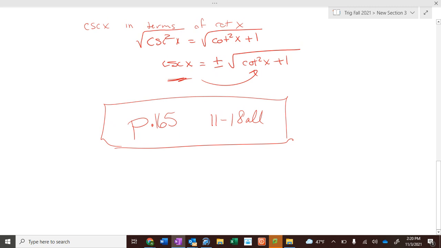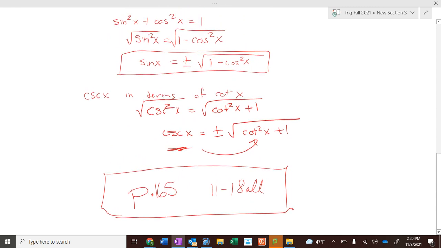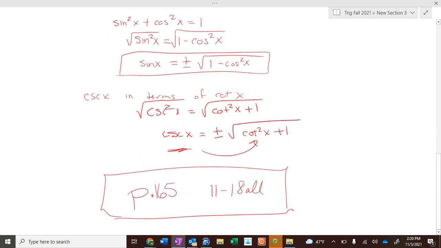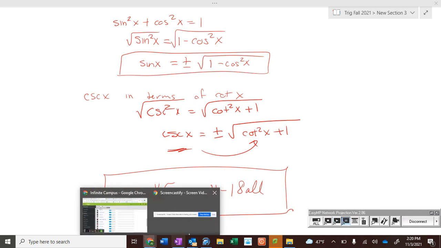Your second assignment is 11 through 18 all on page 165. So same page. You did 7 through 10 on the first one. Now you're doing 11 through 18. You should not have a problem getting this done within